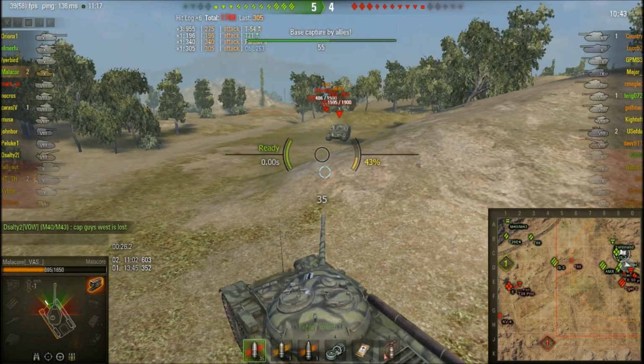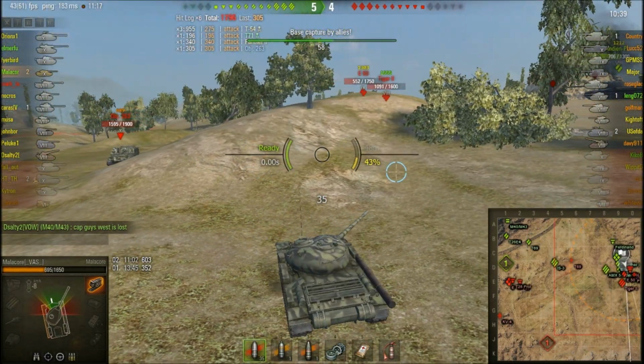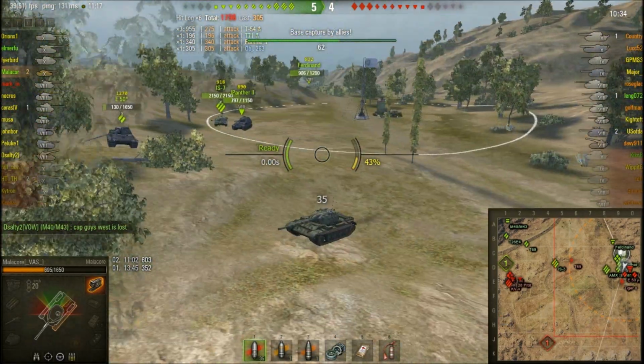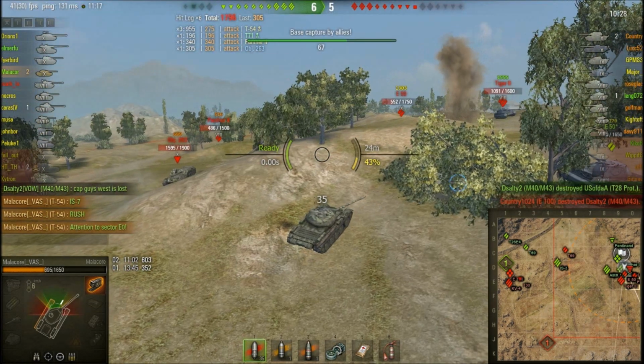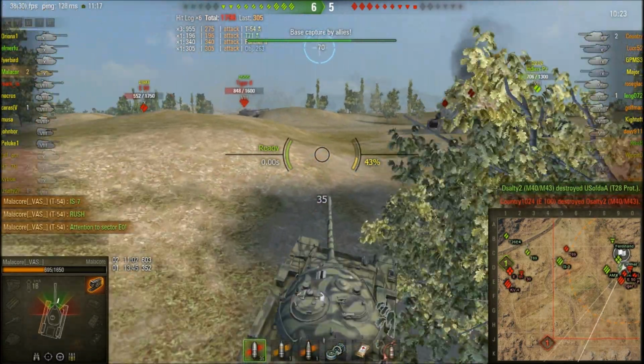And he just keeps trying to bait this Object 263 into firing. But I think he's going to change up his tactic now. You can see there, E-100, KV-4, T-30 have all just wiped through our western flank. But we're semi-encircling this team over here. So that's good news. Malacore is going to come up around this